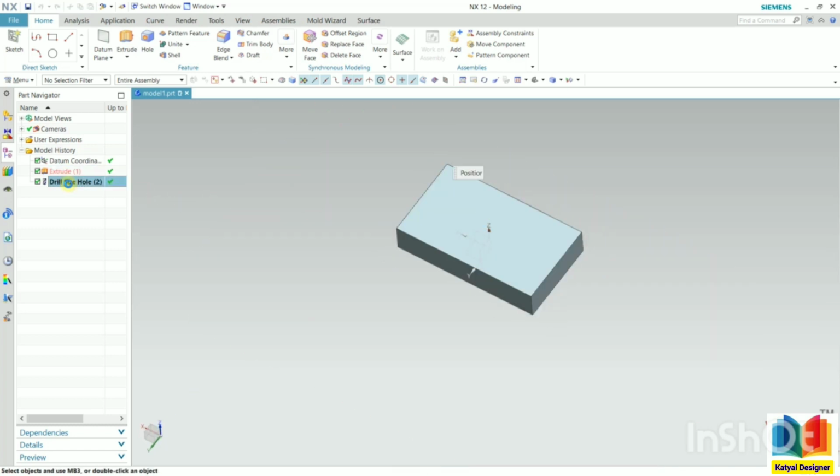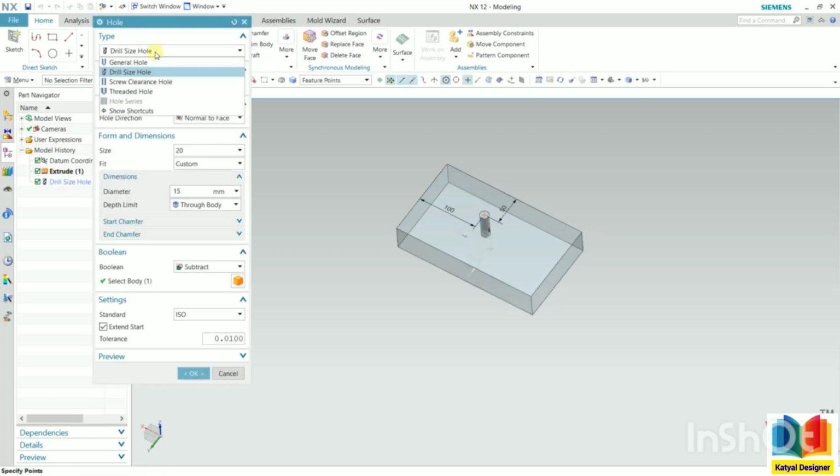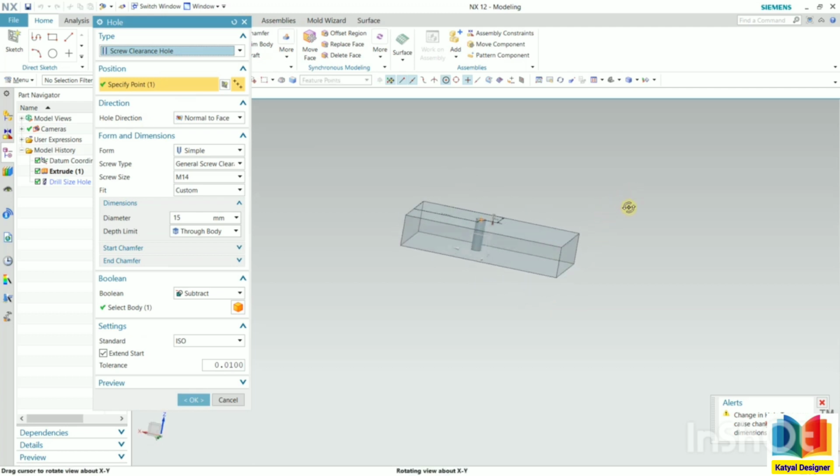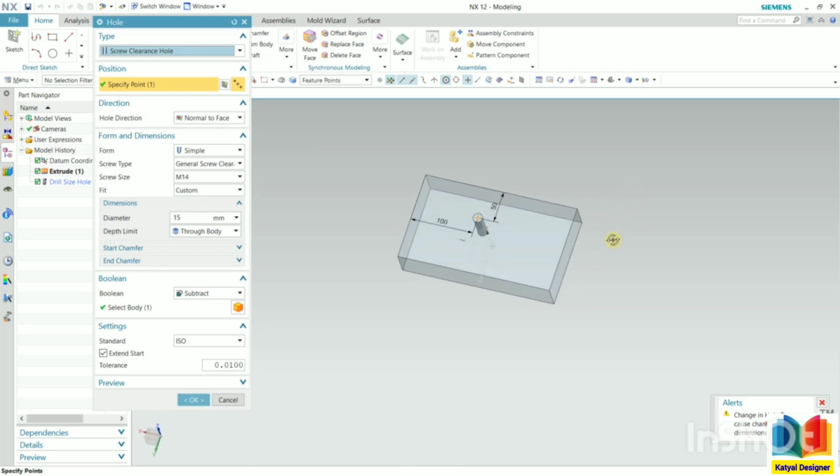Double click here. And the next type of hole we have is a screw clearance hole. So generally this type of hole are screw holes. Now in this hole, we need to specify the screw size. So generally we already have a screw size and we need to create the hole with respect to that. So in the screw size, let's say we have a screw of M16,